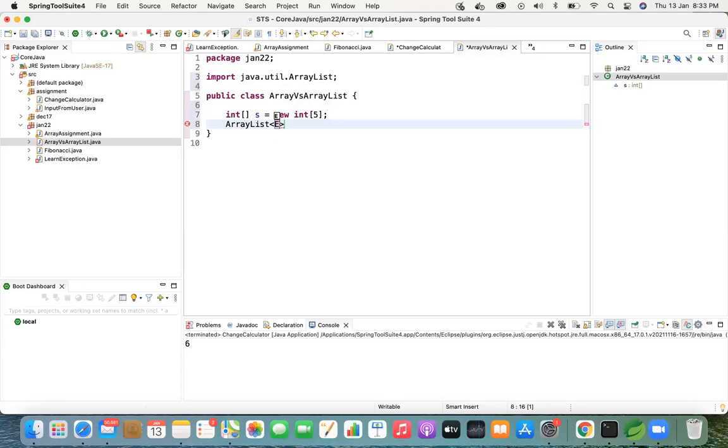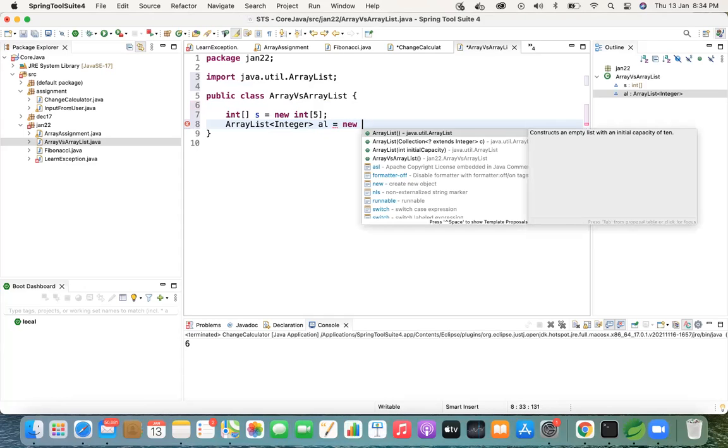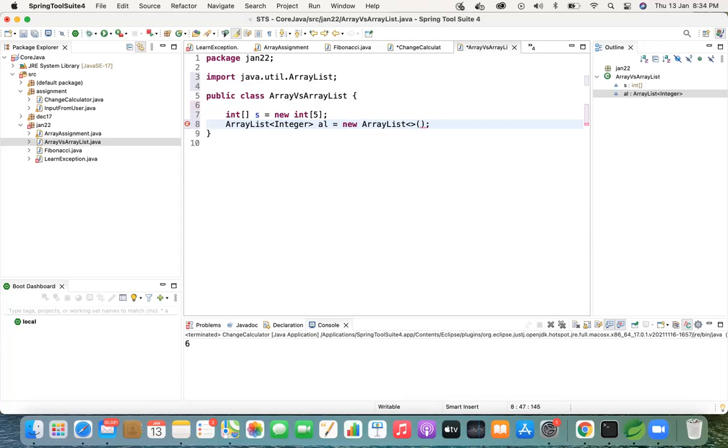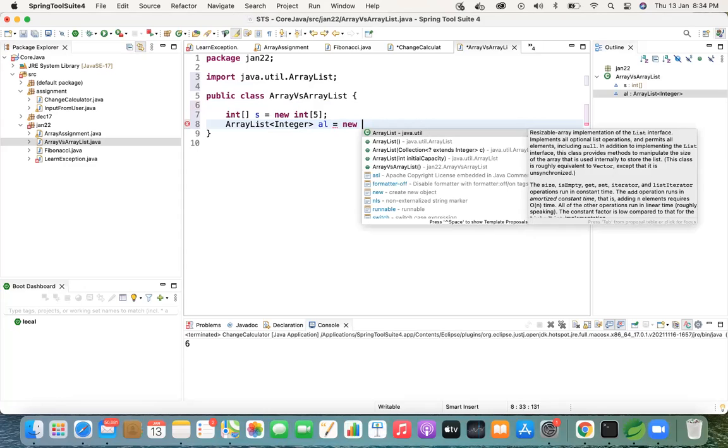So array list will always expect only the objects. Okay, it's fine. Equal to new and just give control space. So you can see the array list constructor, which is an overloaded one. With the default constructor, you have